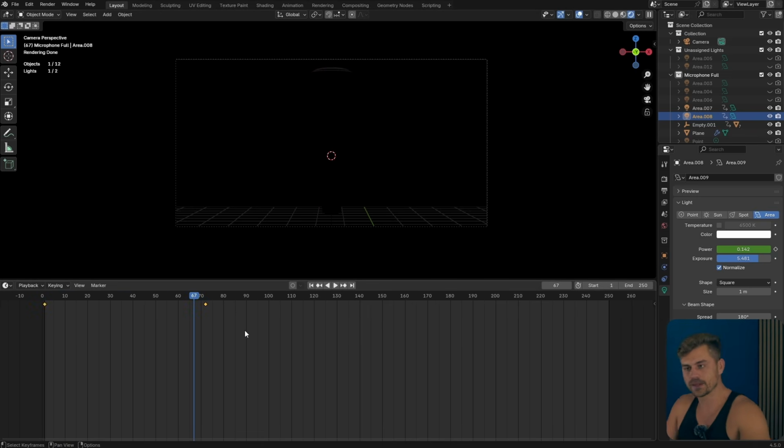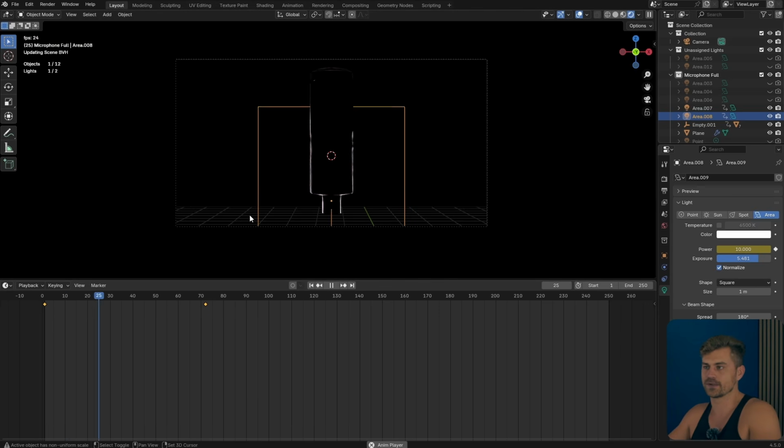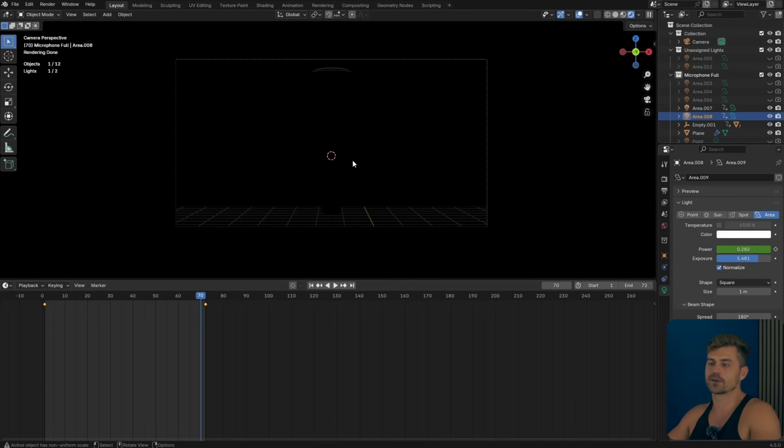Now, if you want, you can select all of this, press T and make it linear. And that will make sure that it's a bit more consistent in the way it shows. So usually these kind of animations are followed up with a very similar animation, but from a different angle. So what we could do is go to frame 73,